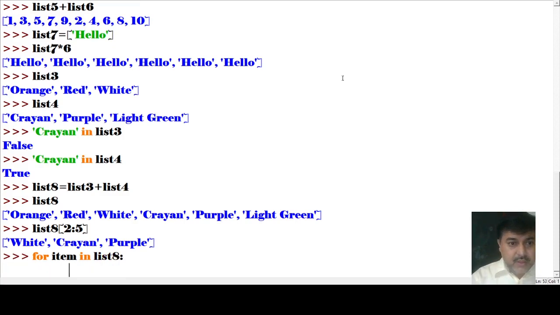Then I have to write what I want to print. I need to print the item, so print item.